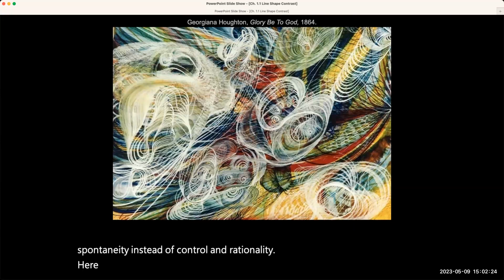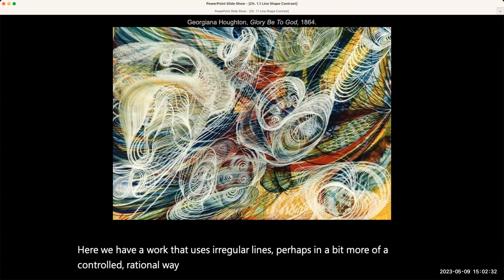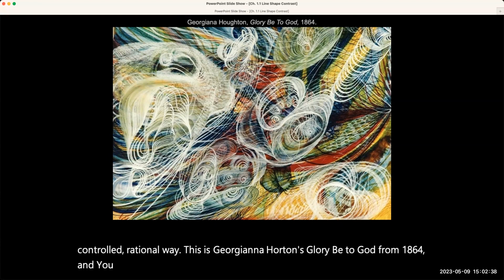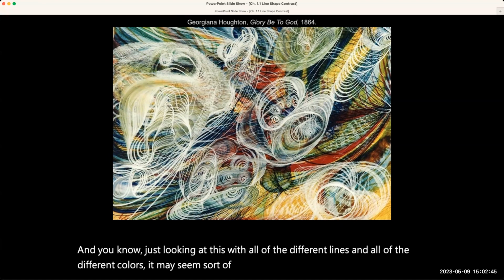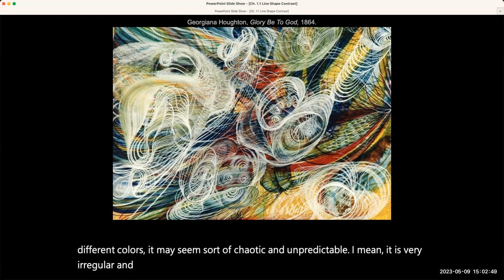Here we have a work that uses irregular lines, perhaps in a bit more of a controlled, rational way. This is Georgiana Houghton's Glory Be to God from 1864. And just looking at this with all of the different lines and all of the different colors, it may seem sort of chaotic and unpredictable. I mean, it is very irregular and very loose, but there is sort of a certain sense of maybe rhythm